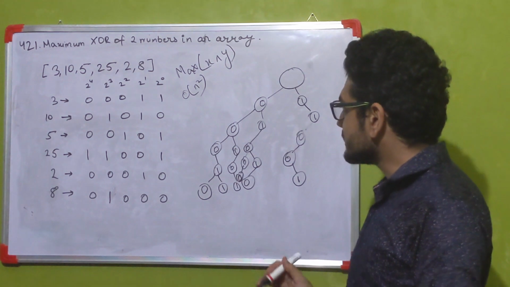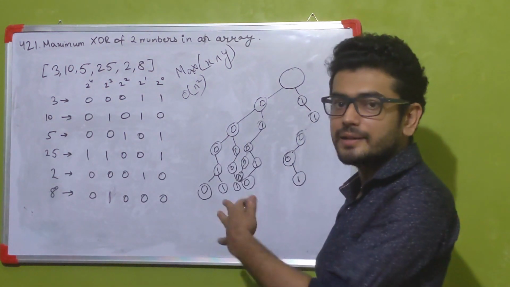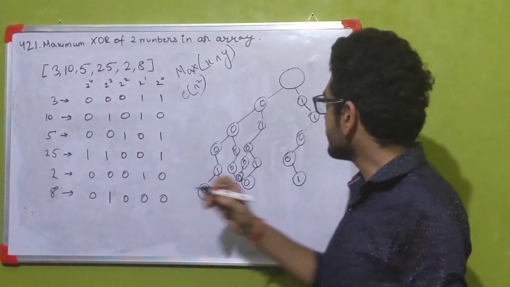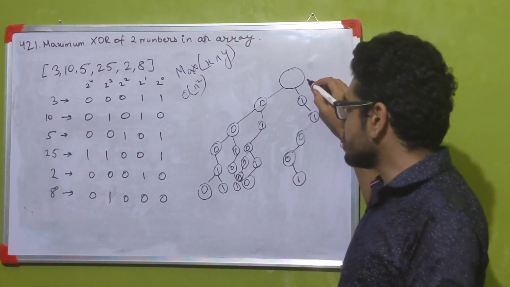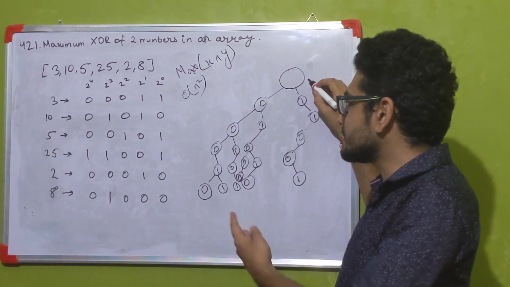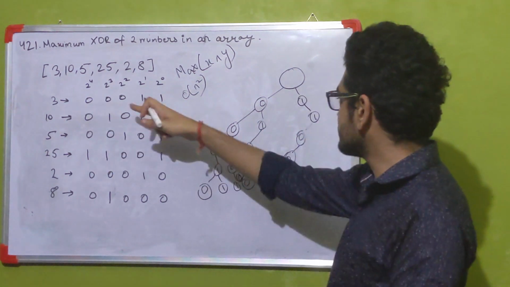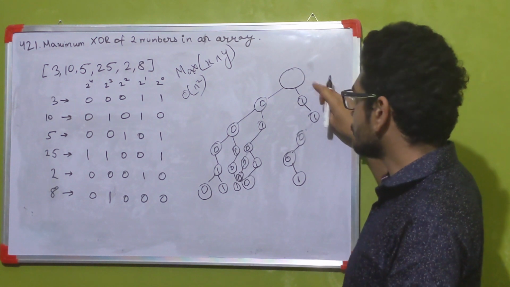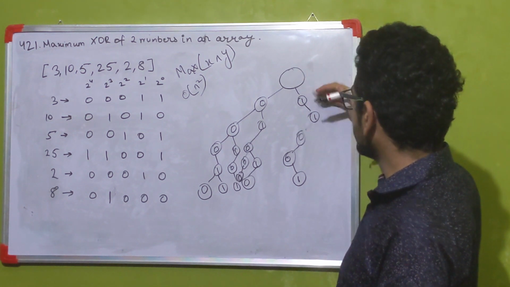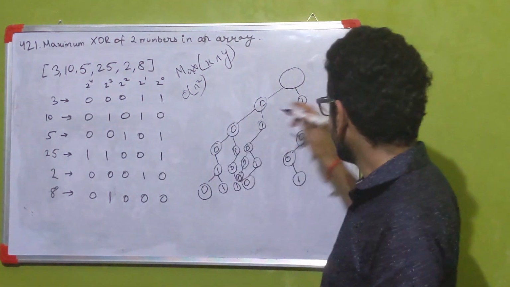Now what we are going to do is that one by one we are going to iterate across all these numbers and try to apply the same greedy approach which we were talking about. So let's take for example 3. Starting from the top, we'll try to find the most significant bit which is differing from the current most significant bit of 3, which is 0. So if it is 0, we'll try to move towards 1 in the tri-tree and we'll keep on noting down the XOR. So for 3, the most significant bit is 0.